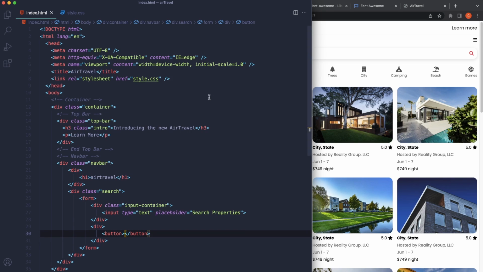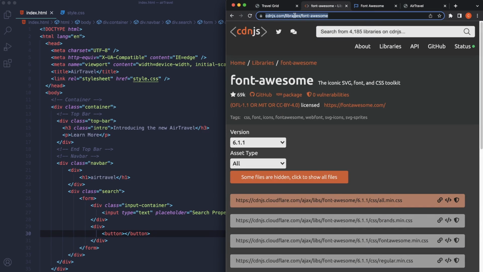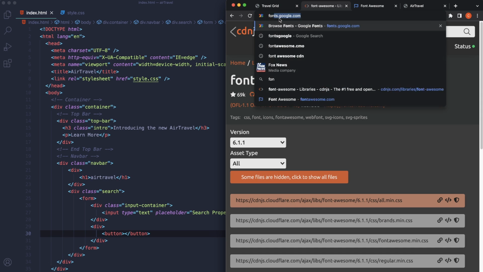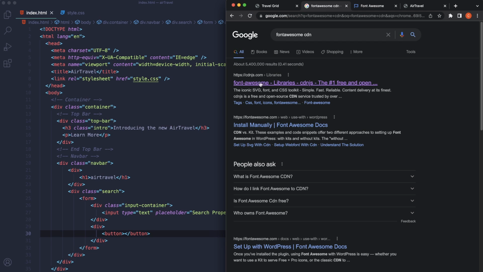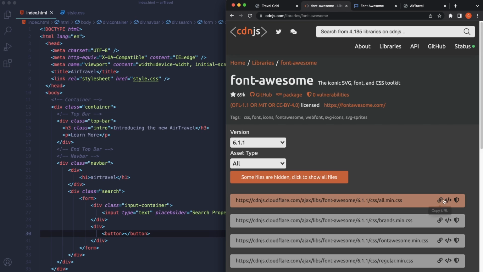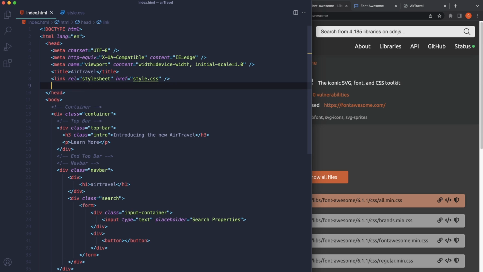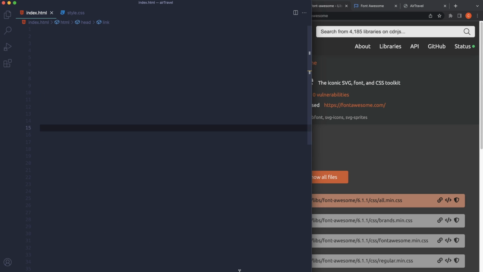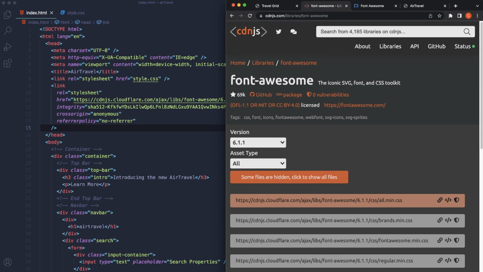So let's go ahead and configure our Font Awesome, okay? So what I want you to do is you need to come in right here. So if you just search Font Awesome CDN, which is where I'm at right there, this is what you want right here, okay? And go ahead and just select that to copy the link tag. We want this all.min.css, and we're just going to put it up here. You can put it just right below your style sheet. Go ahead and paste it in there. I know it kind of threw off the screen here, so I'll go ahead and save that. But that is what we want right there, you guys. And now all we have to do is just put that in our CDN, and now we have access